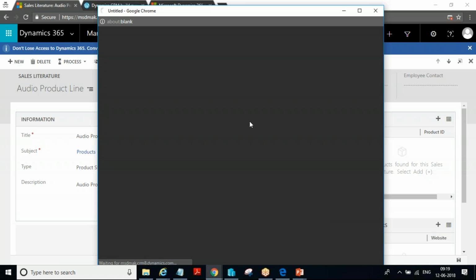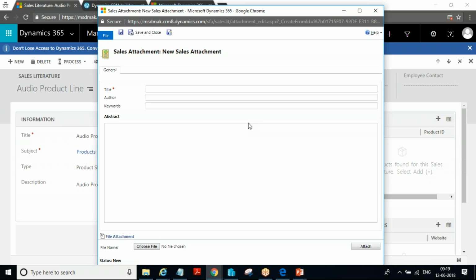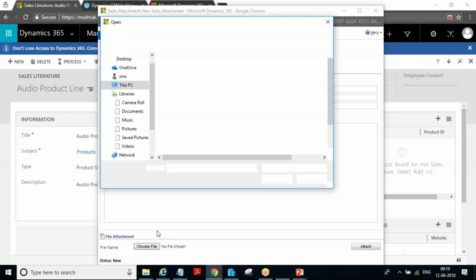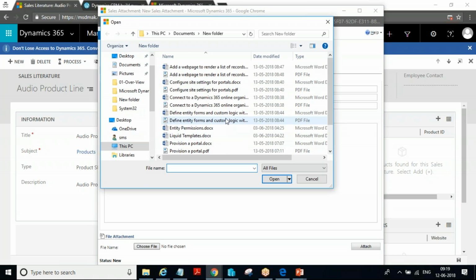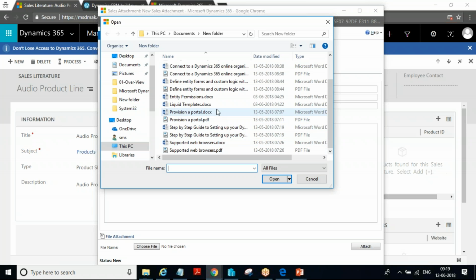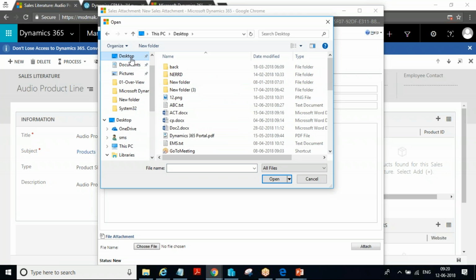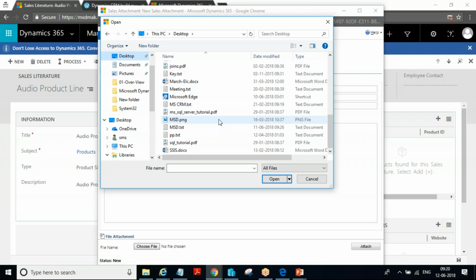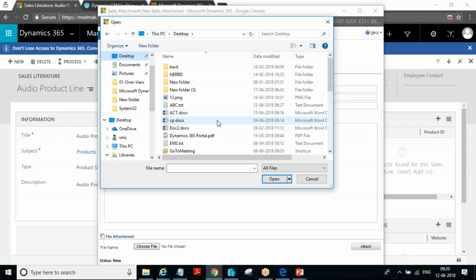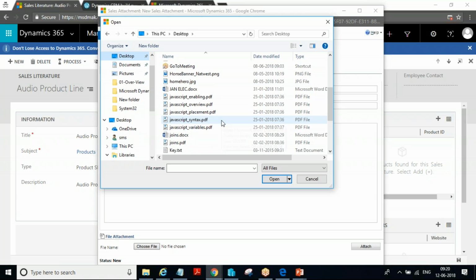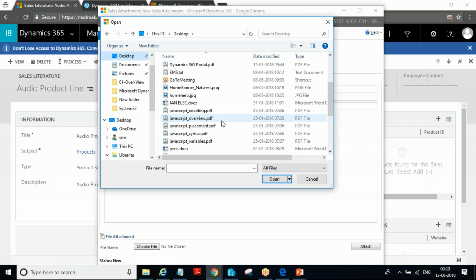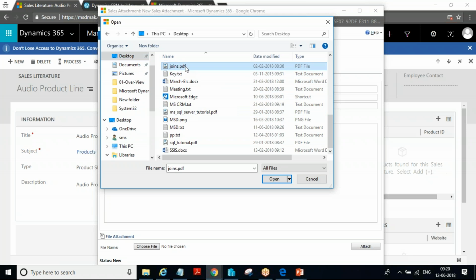When the sales people and marketing people are working, if they require any document, I'll choose the document here and upload it. I'm just adding a template. Let me go to desktop. I have a PDF.